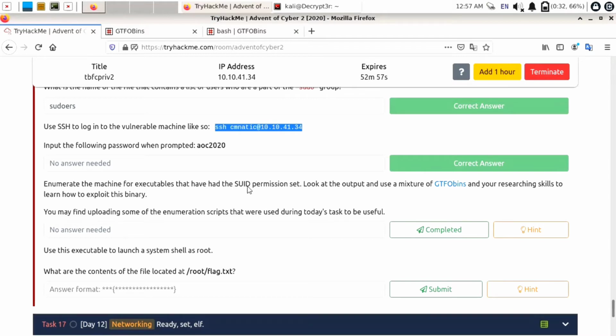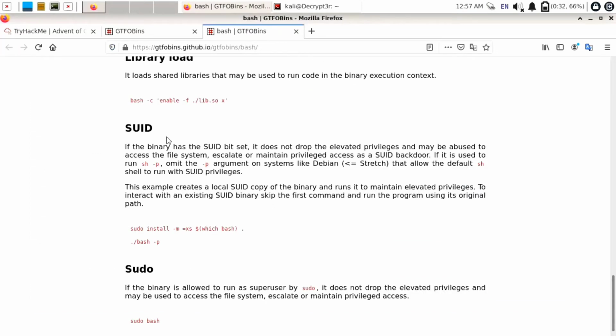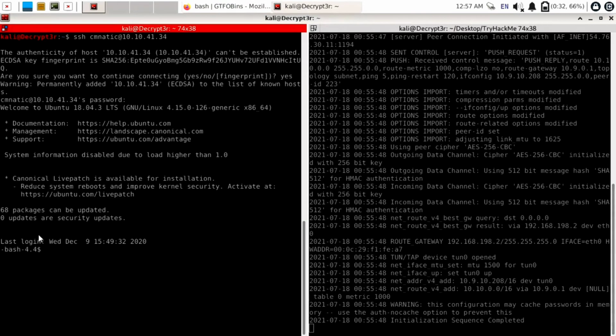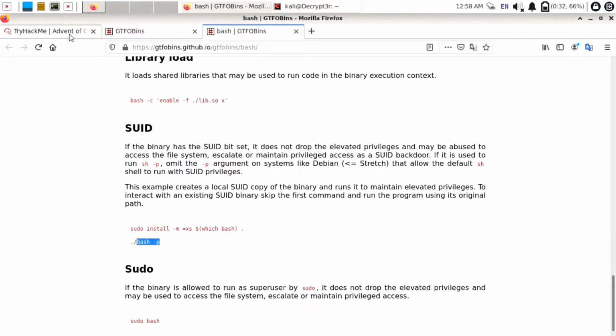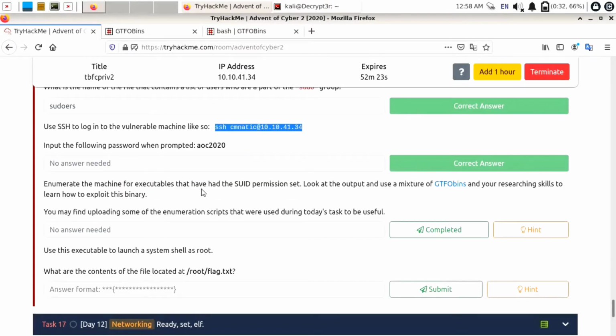So let's try to find out whether the bash command with SUID permission is working on our target machine or not. For that we can use the find command. So here is bash -p. Open our target machine. Okay, it is live now. You can just check our current user by using the command whoami, and I am currently logged in as the semantic user. I want to log in as a root user. So for that we need to perform privilege escalation. We already know we can easily use bash -p to get root privileges.